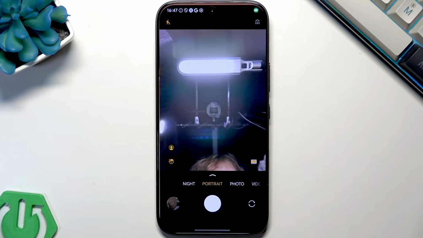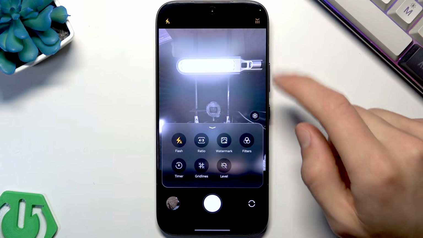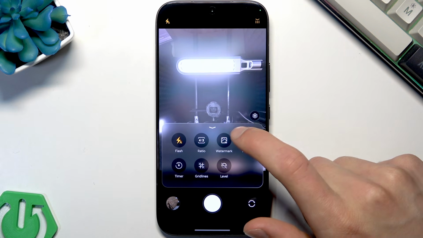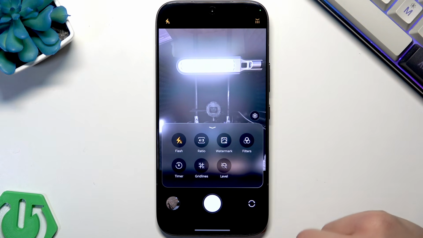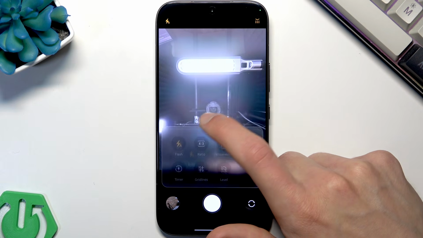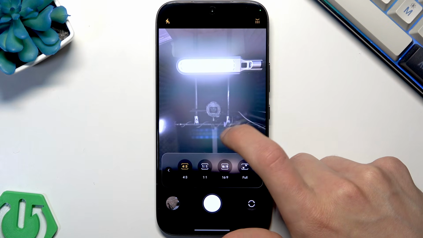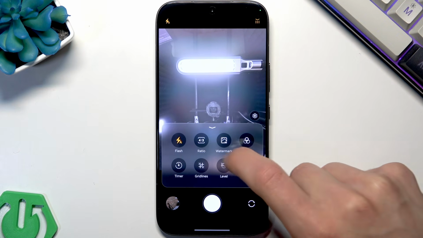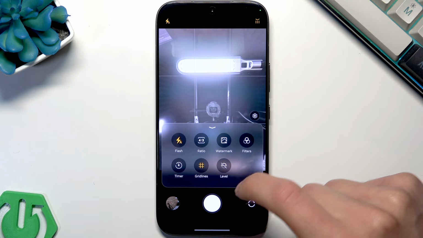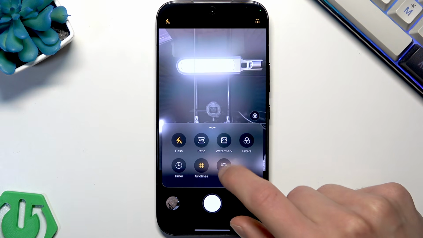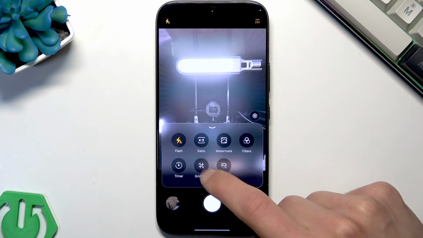So let's start by opening the camera and let's check some camera settings. To do that, tap the six dots in the top right corner of your camera, and as you can see here in the quick settings we can already change a lot. We can either enable or disable the flash or set it to auto. We can also adjust the ratio. We can enable or disable the watermark. What's important, we can enable the grid lines and level, which are important if you want to capture a photo with